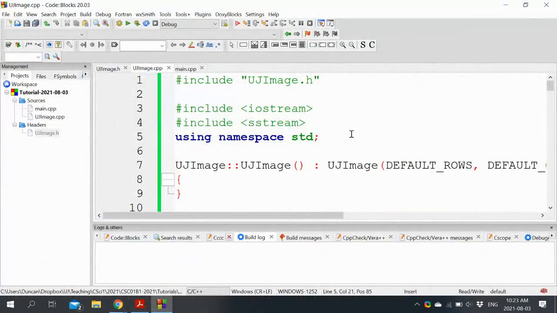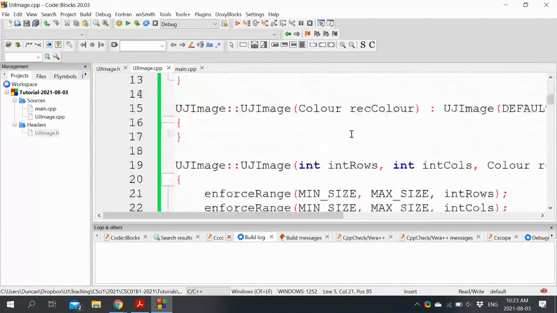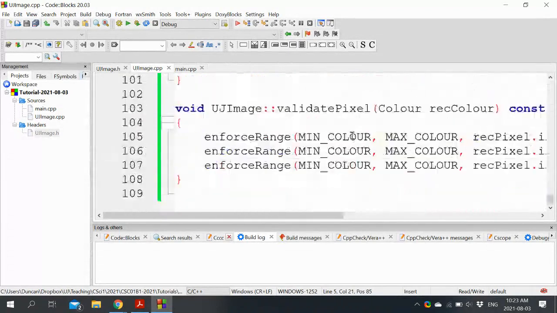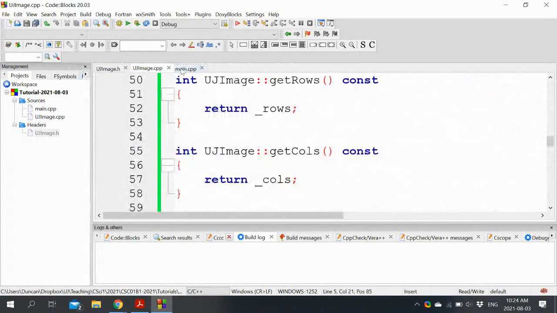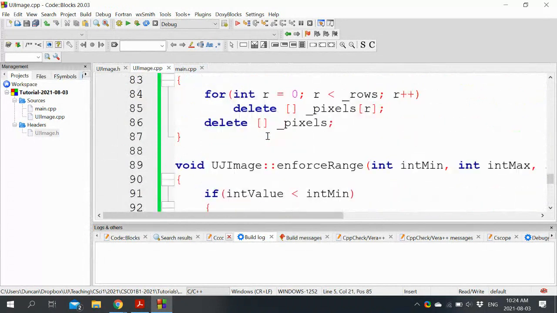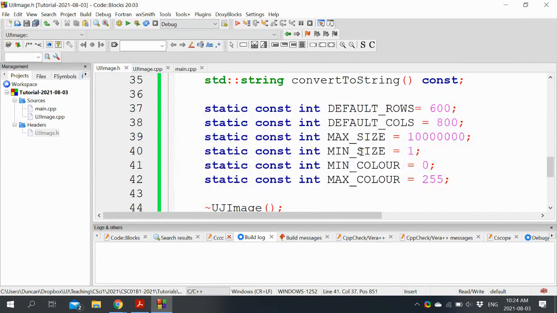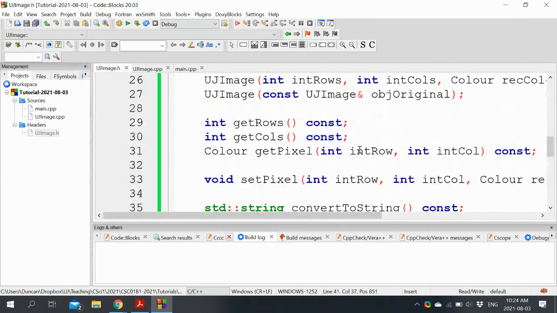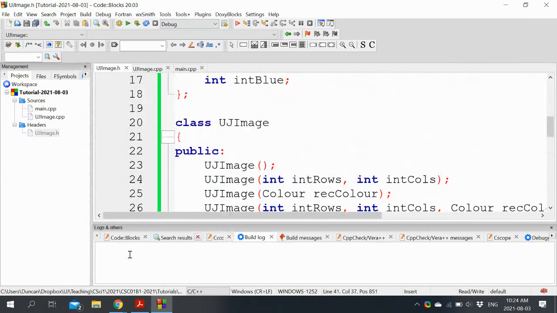We might, in a future tutorial, have a resizable image, but it is a lot more complex than an image whose size is only set once. Yeah, so that's the reason for it. All right, so what we're going to do differently now for the conversion. Firstly, we're going to convert to grayscale. Not that that's super interesting, but we're going to have the work be done by a class that the UJ image has. It will contain it. There will be a has-a relationship between the two.